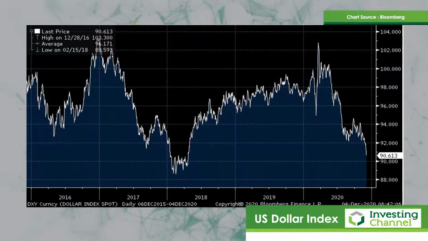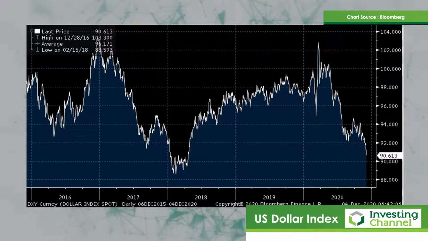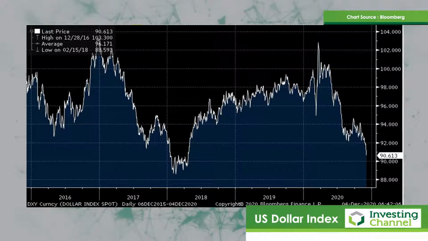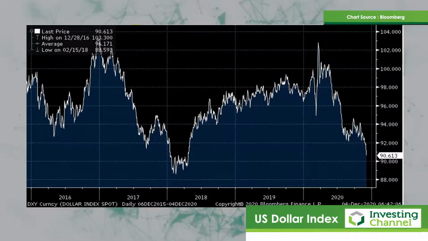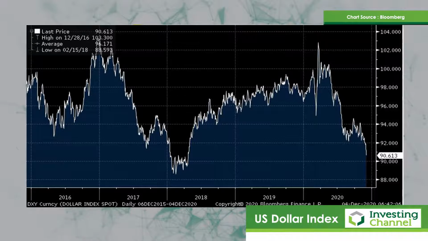To a certain extent, this is predicated on views that the global economy is going to be recovering, and therefore we will see a decent pickup in global trade. A pickup in global trade means that there's basically going to be a lot more excess trade dollars around, and those excess trade dollars are going to be reapportioned in terms of portfolios, and therefore creating demands for other currencies.